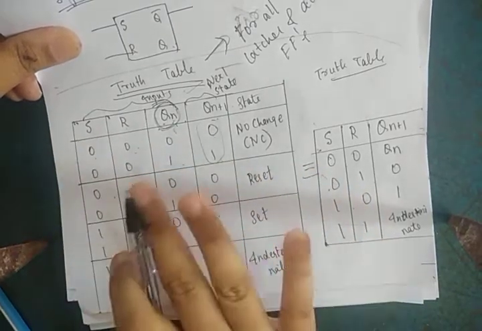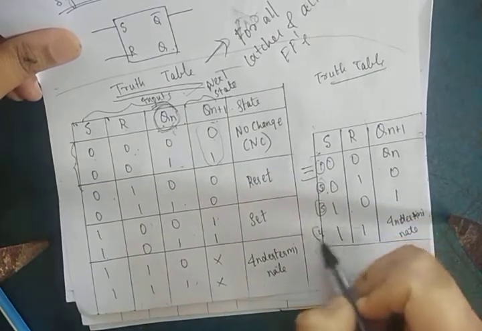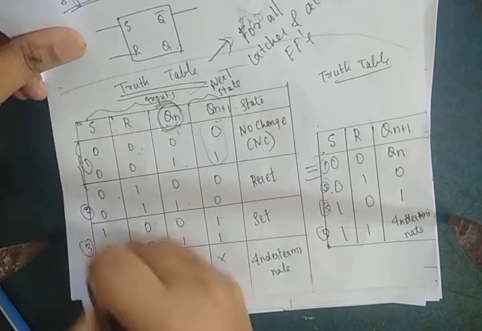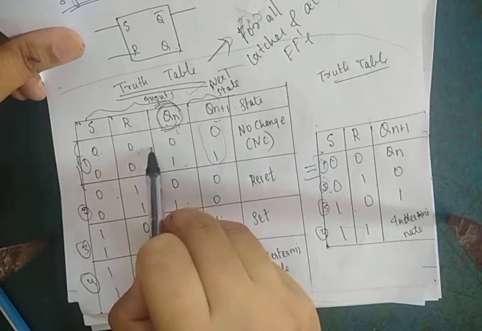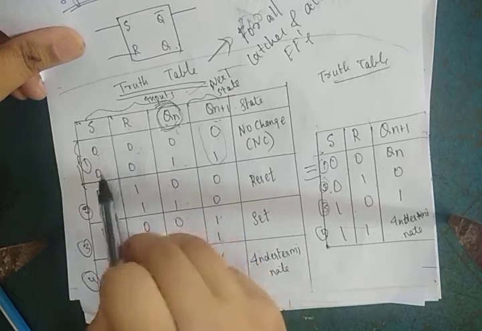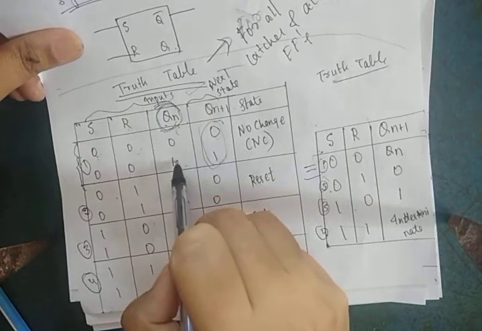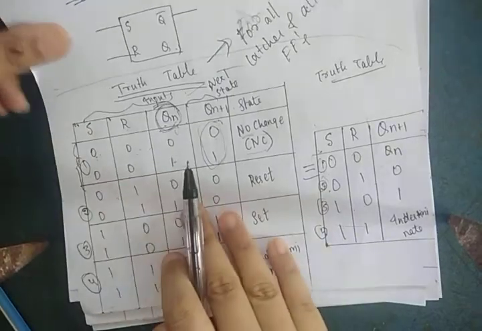Basically, the whole truth table has 4 sections. This is the first section, this is second, this is third, and this is the fourth section. Okay, fine. In this case, the input is 0 0 and the output is also 0 0. Now we'll see how I got this 0 1 as the output. Present state is 0 1, and the output is no change. I'll explain this.